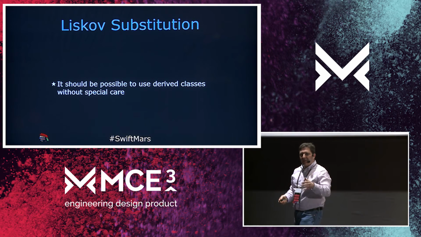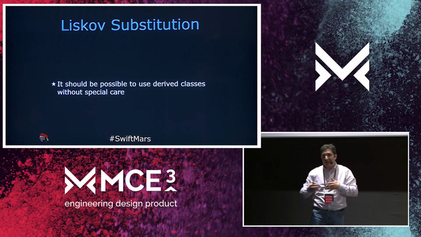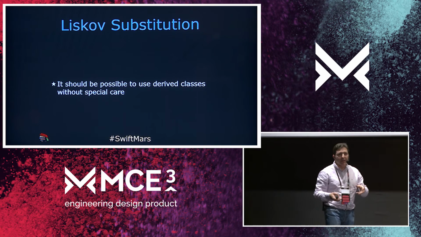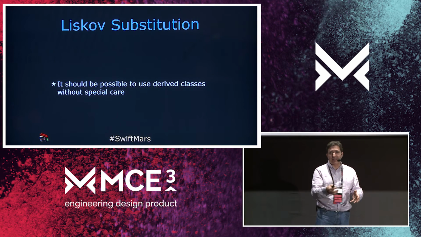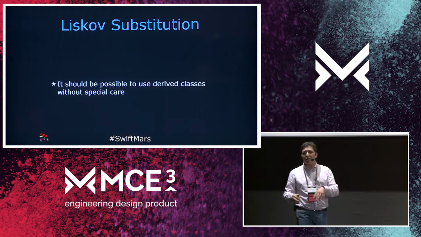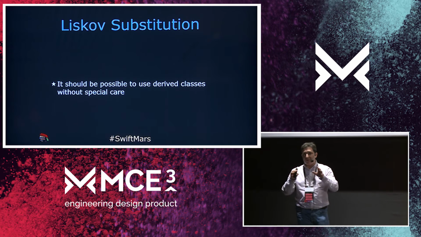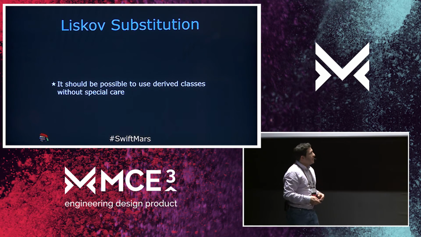So if a class is using the rectangle and does not know about this rule, because that's not a true rule of a rectangle, everything that will use this class and gets a square instead of a rectangle will have problems, because it makes an assumption of the behavior of the main class, of the base class, that does not apply to the derived class.